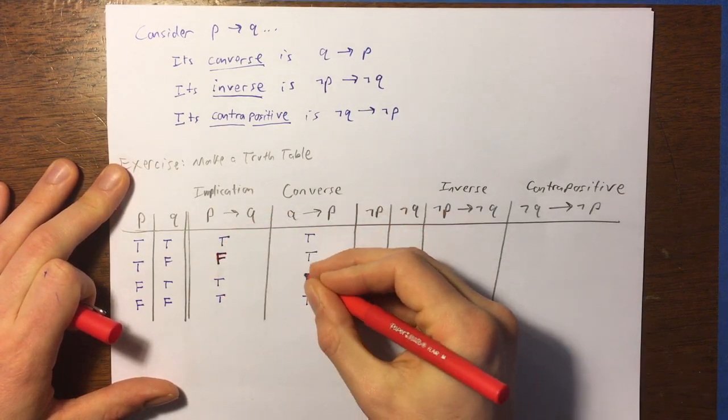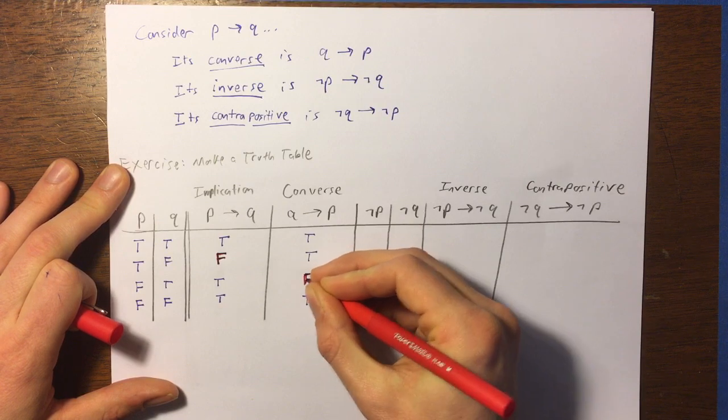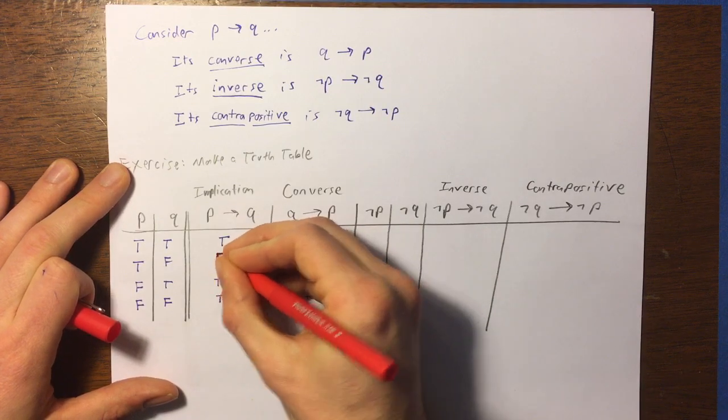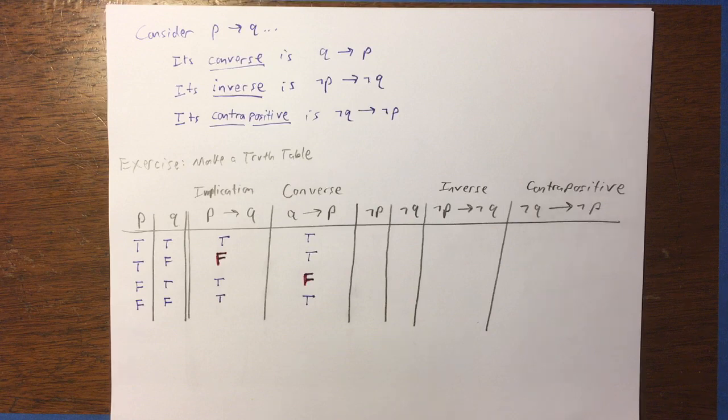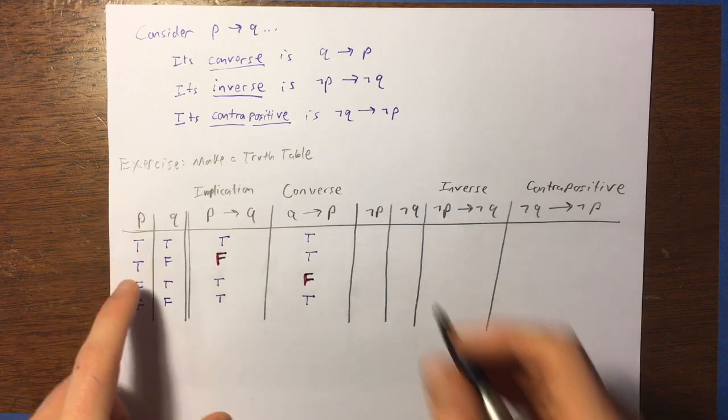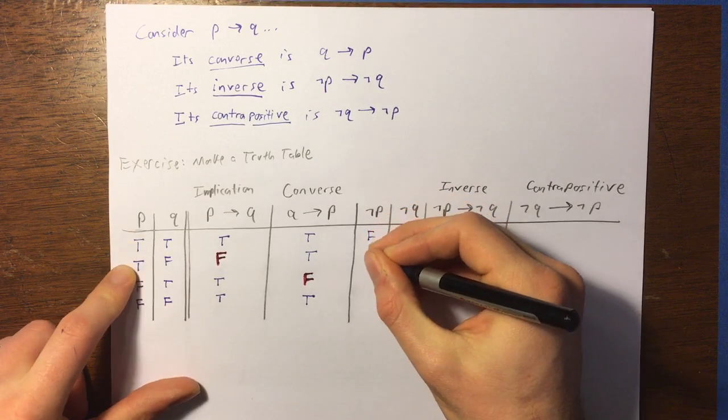This might be a good idea. I should have been doing this all along. Sorry. Go back to your truth tables and highlight the falses in red or something like that, just to make it really clear. Okay, so now for the negation, we're going to do false, false,